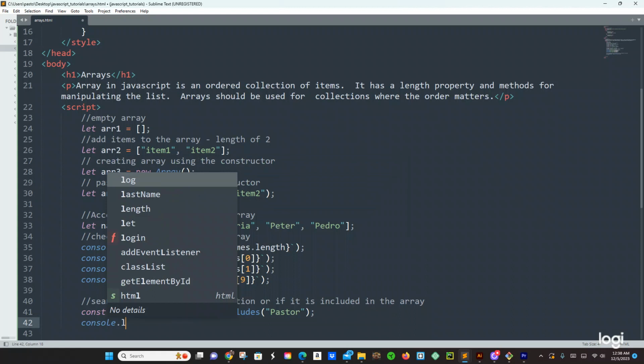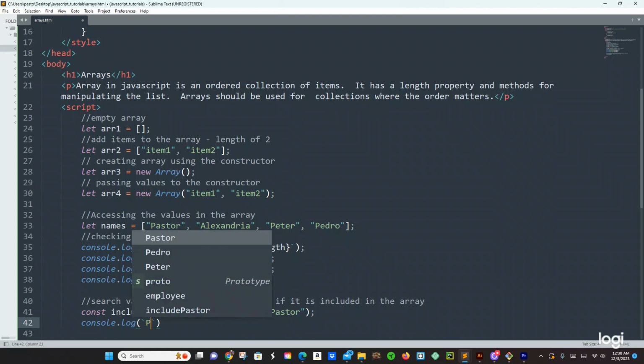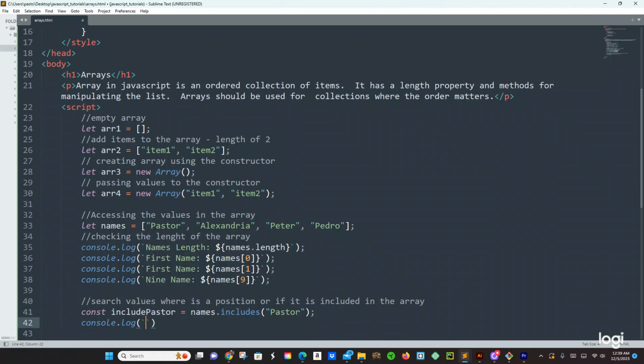Console log, and then right here we're going to say includes. Oh, includes. Includes pastor, and then right here,